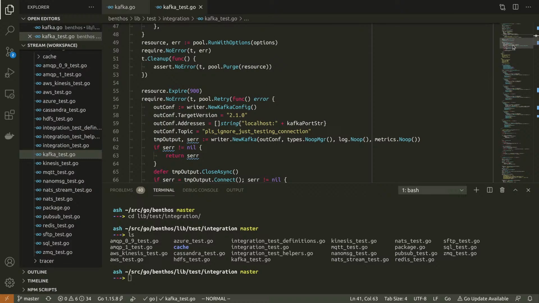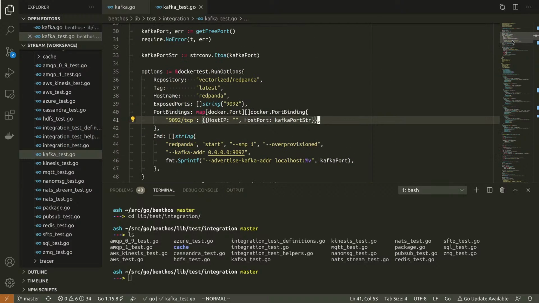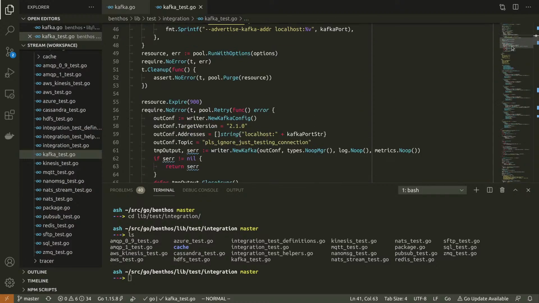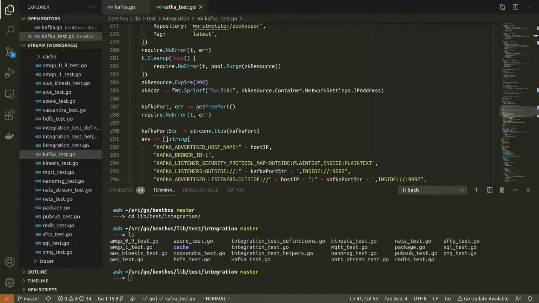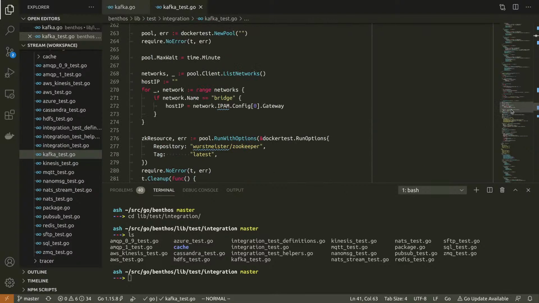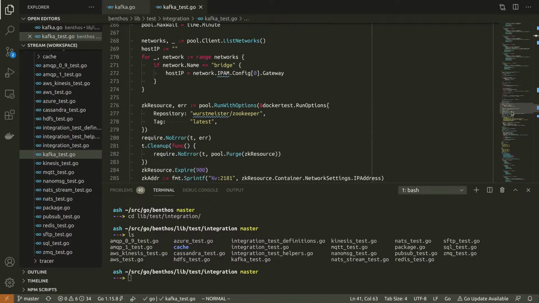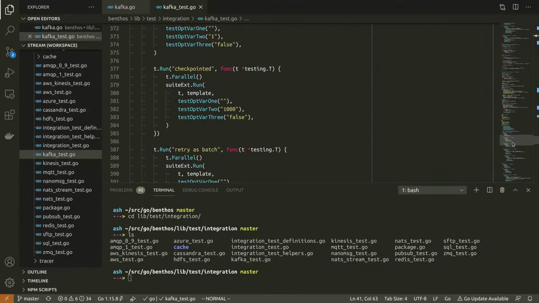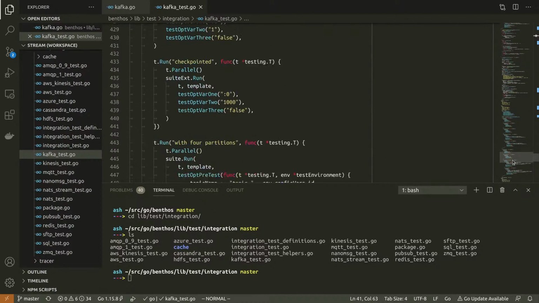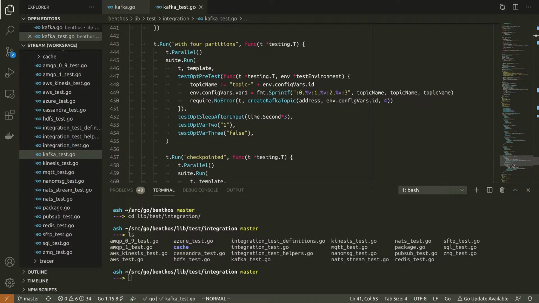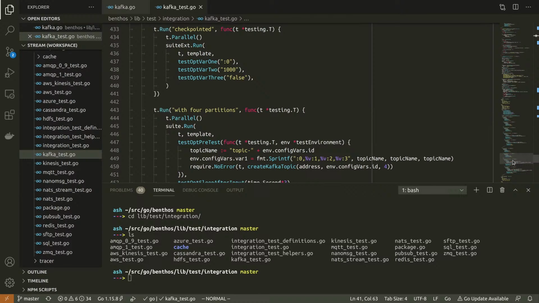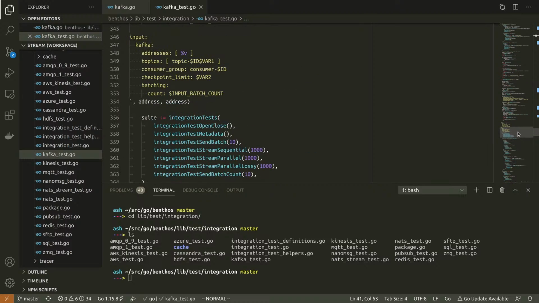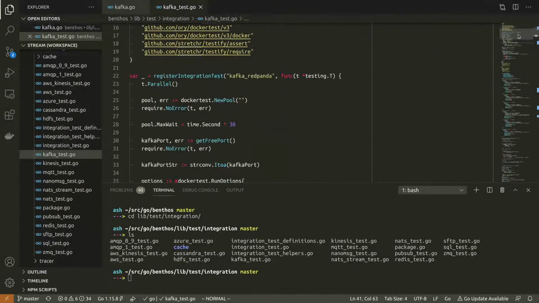I love NATS as well. It's great to see more and more coming up and being successful, but I think Kafka is always going to be a thing. But yeah, what I was going to do was run the same test with both and just see what the difference is on my local machine.